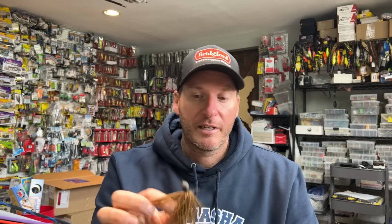I'm going to flip this in the laydowns. I'll flip it down some rock transition banks. If I come across a dock, I'll skip this up under it. I would say it catches me probably less fish, but the average size is much better on that. So overall, guys, if you run into me this spring, if you see me at Clark's Hill,